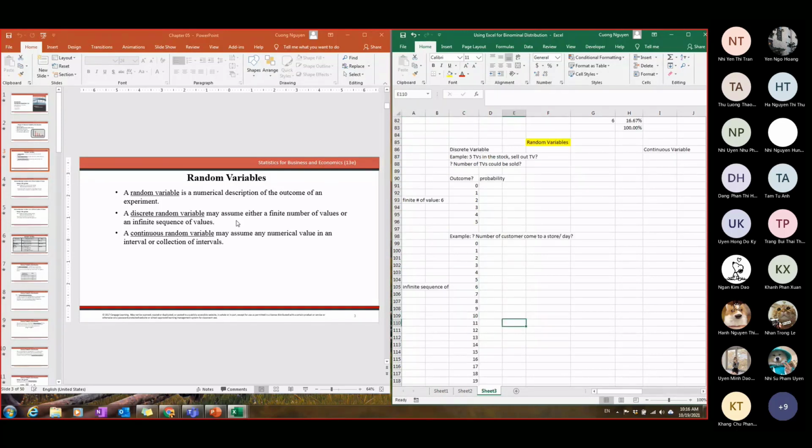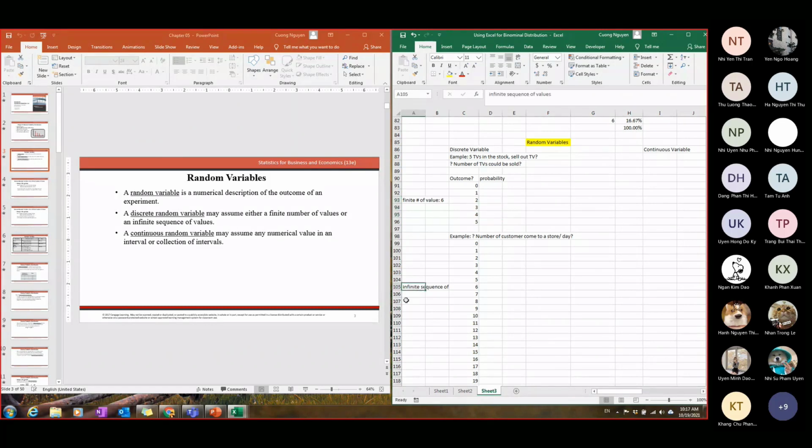So that is what is called a discrete random variable. Nói ngắn gọn là các discrete random variable là những cái giá trị mà chỉ nhận những giá trị số rất là tròn, ví dụ như 0, 1, 2, 3, 4, 5. Nó không thể nhận con số ví dụ 5.5 được, vì nó là một con số rất là lẻ. Nguyên nhân vì rằng nếu như mà có 5.5 nữa thì sẽ có thêm 5.51, 5.551, gì đó. Thì như vậy chỉ riêng cái khoảng cách giữa số 5 với số 6 chẳng hạn là có một loạt các số như vậy. Thì nó gọi là các infinite value.